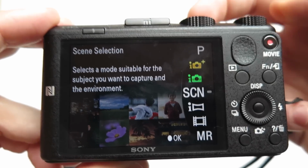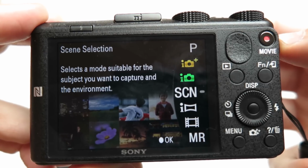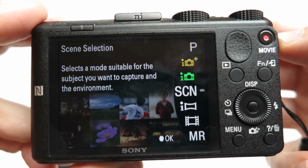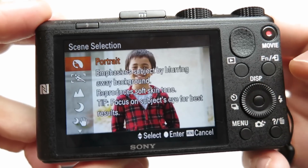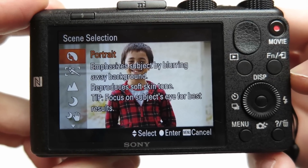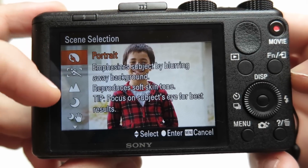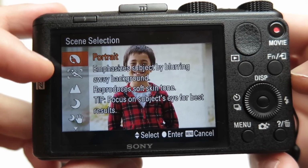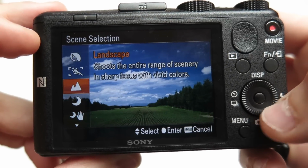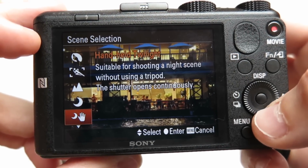And finally, there's the scene selection, which lets you select a mode suitable for the subject you want to capture in the environment, says the menu here. Okay. And again, it explains, this is nice for people who don't already know what the icon is for. It explains what this is good for. And you can select by either turning the wheel, click, click, click, or pushing it up or down, which scene